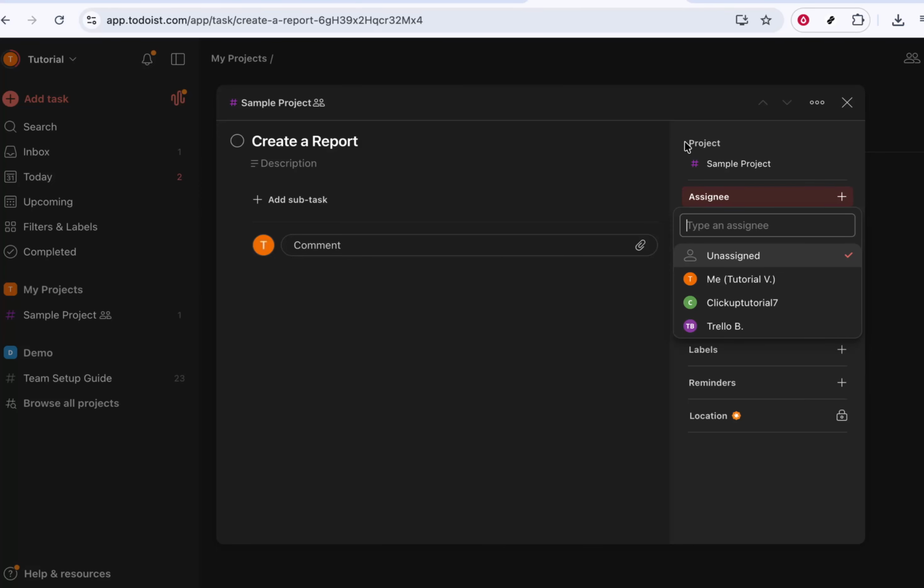And that's all there is to it. By selecting a task and then choosing an assignee, you're making it clear who owns that work, which helps reduce confusion and keeps